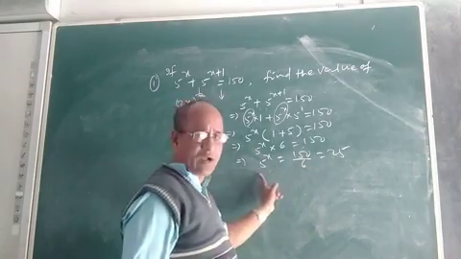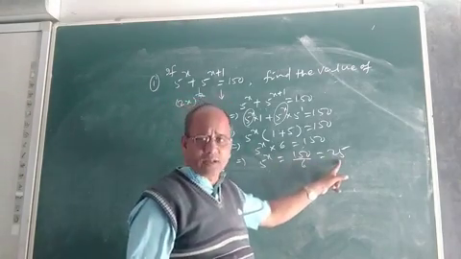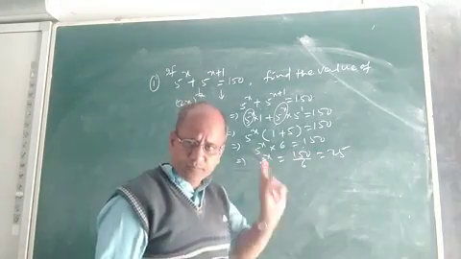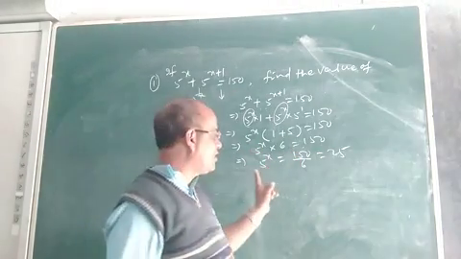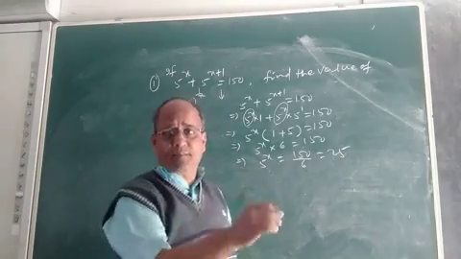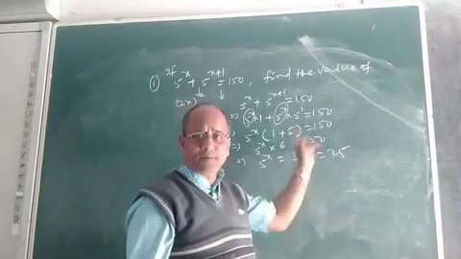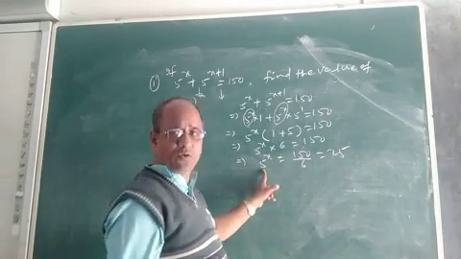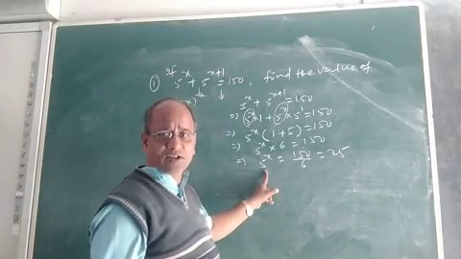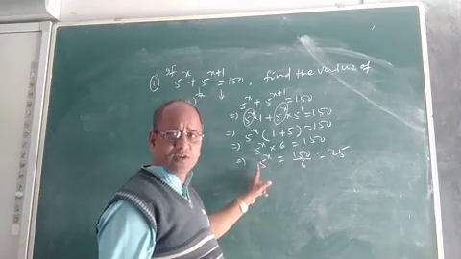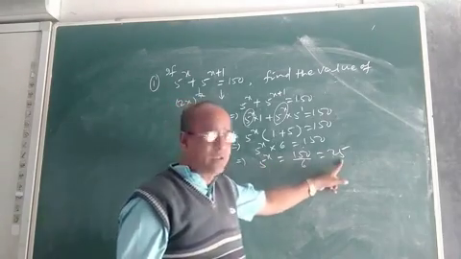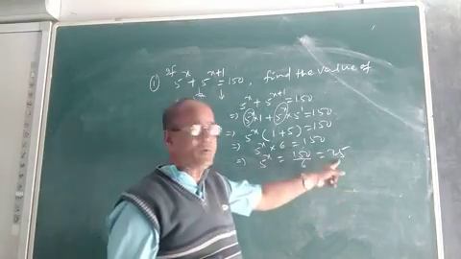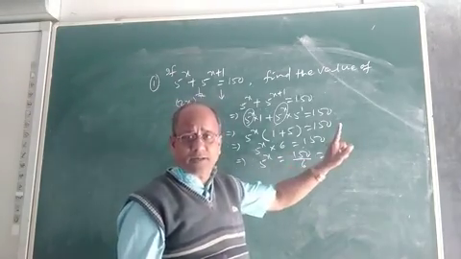Now, what is the next step? If 5 to the power x is 25, in order to solve any exponential equation, what is the main step? The main thing is, we have to make the base same both the sides. The base must be same in both the sides. So, here it is 25. And look at the exponential term in the LHS, left hand side. It is 5 to the power x. So, what is the base here? 5. So, this 25 must be expressed with base 5.